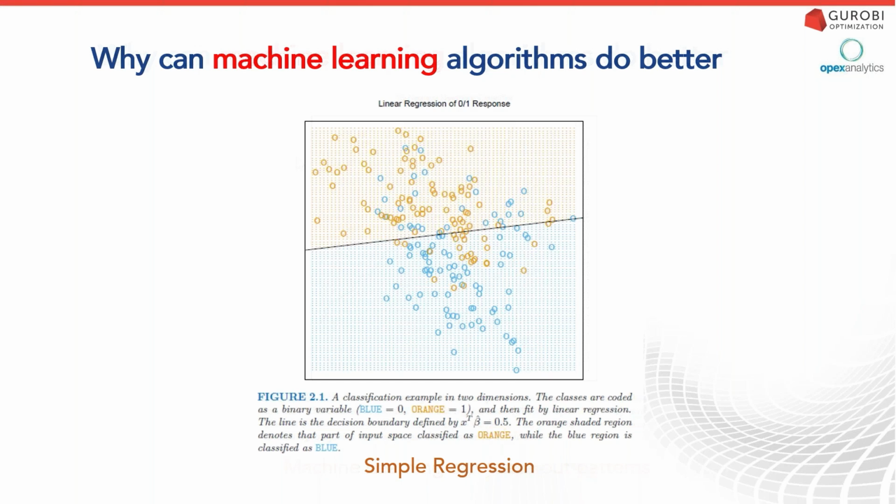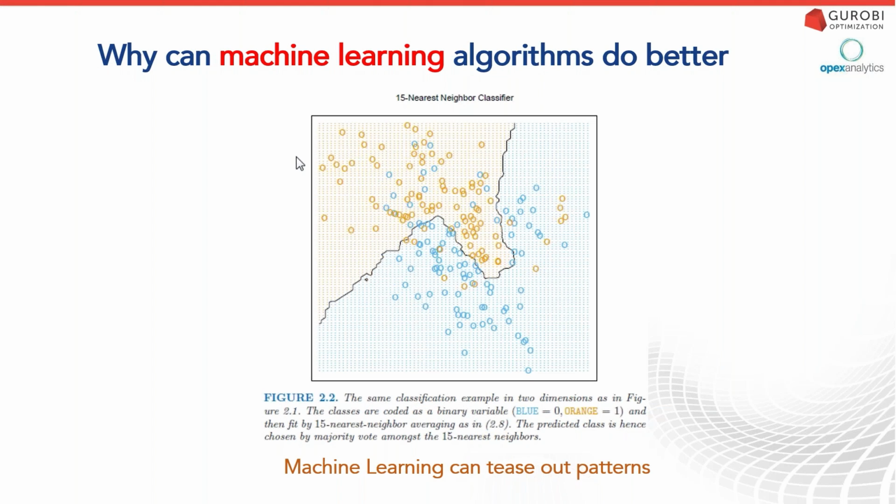But what machine learning can do is apply different types of algorithms to draw better boundaries. Here in this case, with the same set of data, a machine learning algorithm can figure out a more sophisticated boundary between the blue and the orange. Now you see everything above the line, again, is predicted orange, below blue, and you see it gets a lot better. What the machine learning algorithm did was figure out this peninsula of orange dots that juts into the blue area and say, well, this is actually a different pattern, and let's spell that out. Now, you also notice that with this boundary, we're probably not going to be able to come up with the same statistics that we had before with the simple regression.